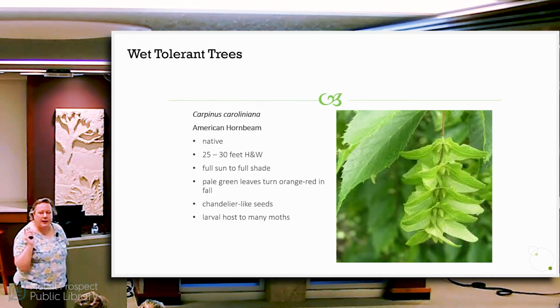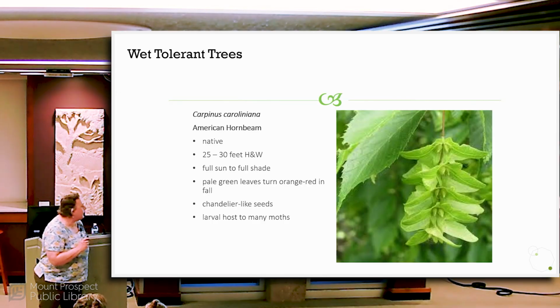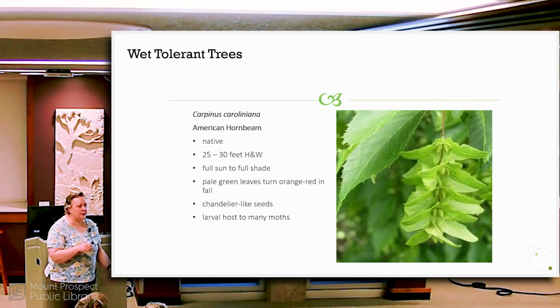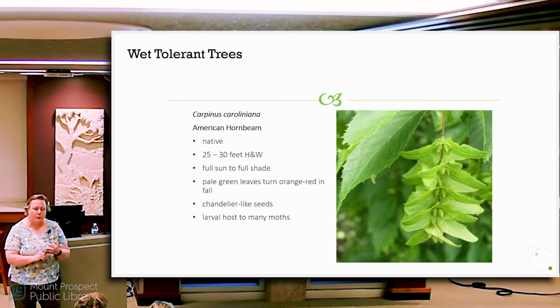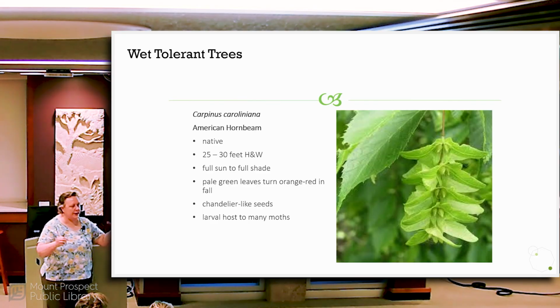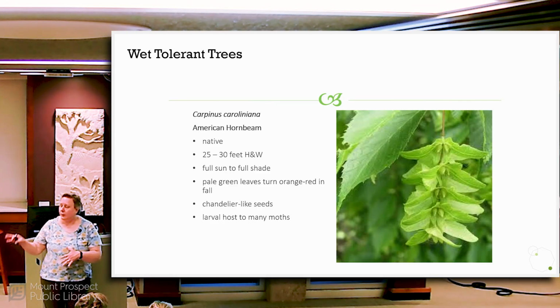So a few highlight reels on wet tolerant trees. American hornbeam, the Carpinus caroliniana, goes full sun to full shade and wet to dry. So this is a tree you can put pretty much anywhere. It does want to be 25 to 30 feet high and wide, but there are a number of cultivars on